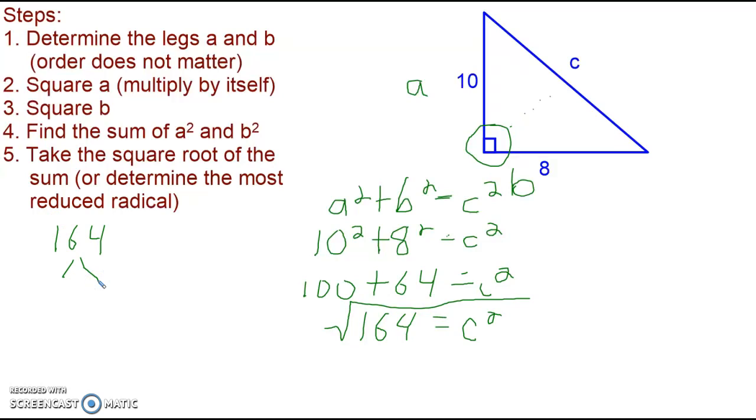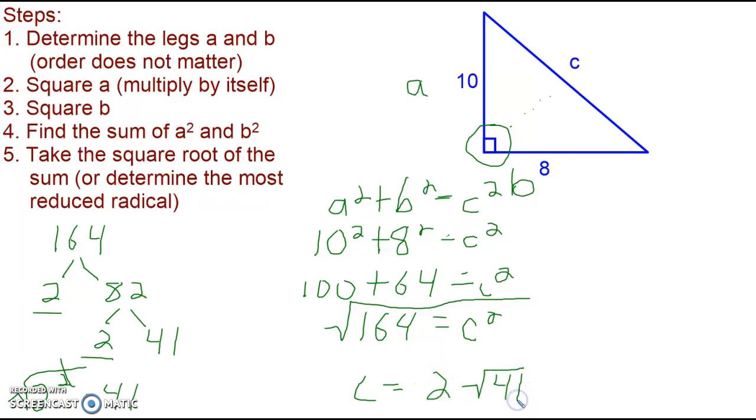So I'm going to do 164. I notice that its ones place is an even number, which means that it is also even, which means it can be divided by 2. So we have 2 over here. 164 divided by 2 is going to be 82. This one can continue. 82 is also an even number, so we can divide that by 2 as well. So we have 2, 41. All of these are prime. So we have two 2's. So if we write this out, it would be 2 squared times 41. This 2 squared square root can come out because those cancel out. 41 cannot. So C is going to be equal to 2